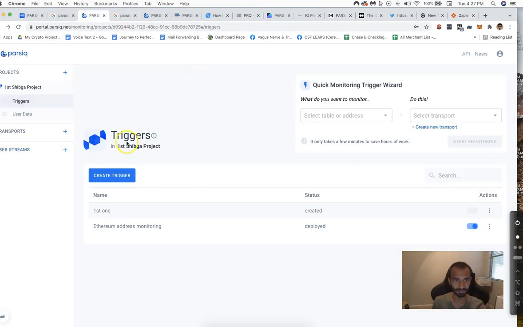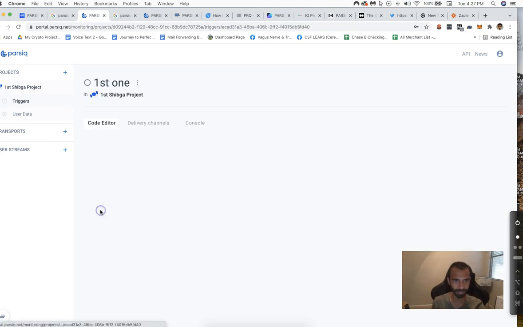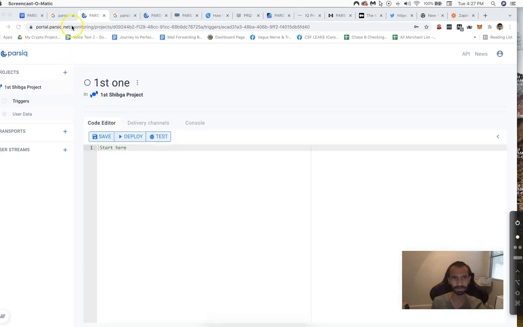And as you can see, I have my account here. And if I go here, you can see it's really built in, if this then that. What do you want to monitor? And then whenever something happens, do this, right? So I created a trigger. This is my first one. Now I didn't actually go through and code everything in here. I don't know how to code, but I just want to check out exactly how the project works